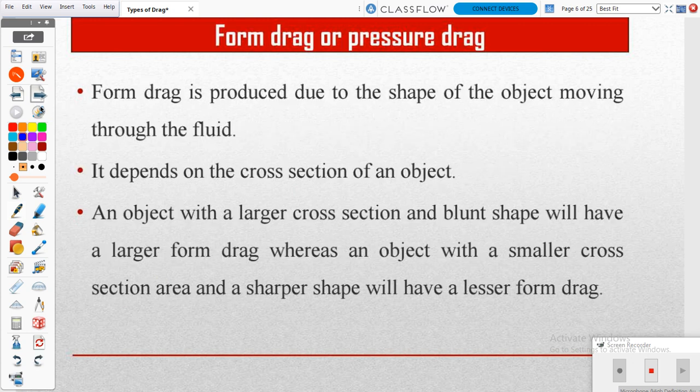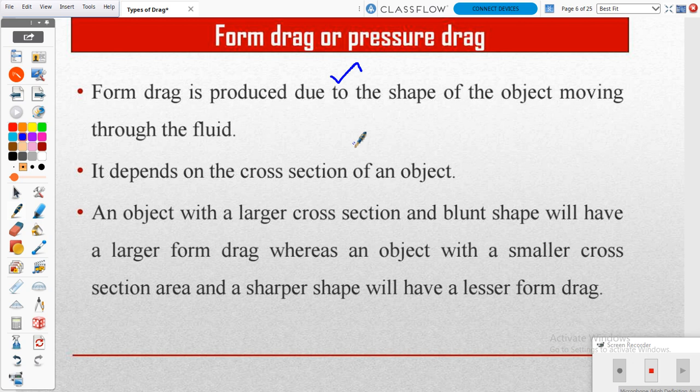First one is form drag. Form drag is produced based on the shape of our object, that means the aircraft. If our aircraft has the shape of an aerofoil, we can attain smooth airflow, so the drag will be minimized. I am going to give one example. Take a lorry and a car.